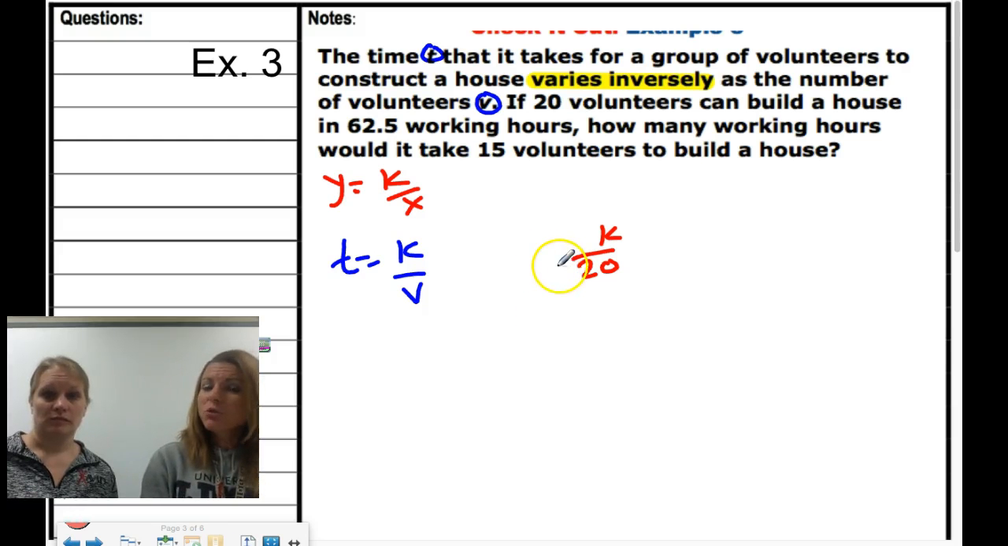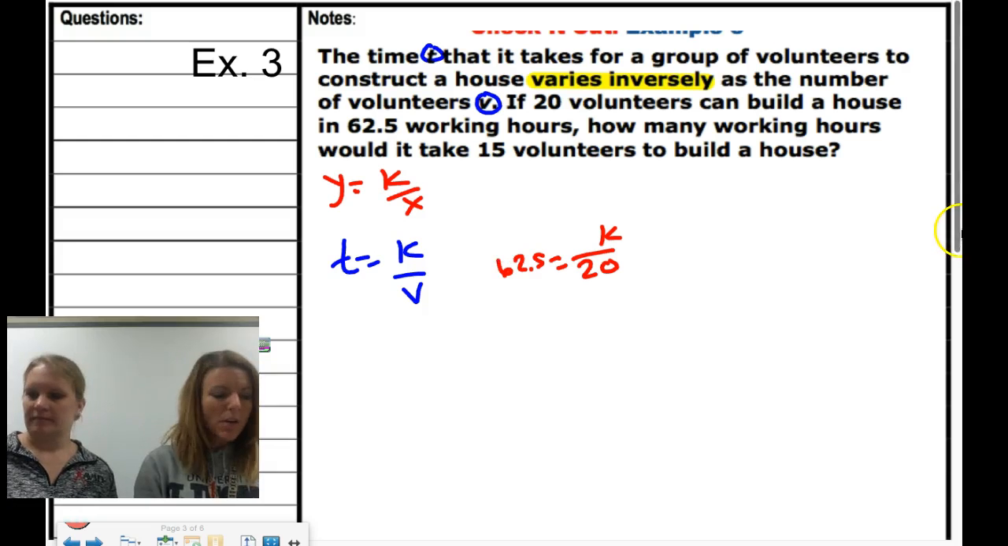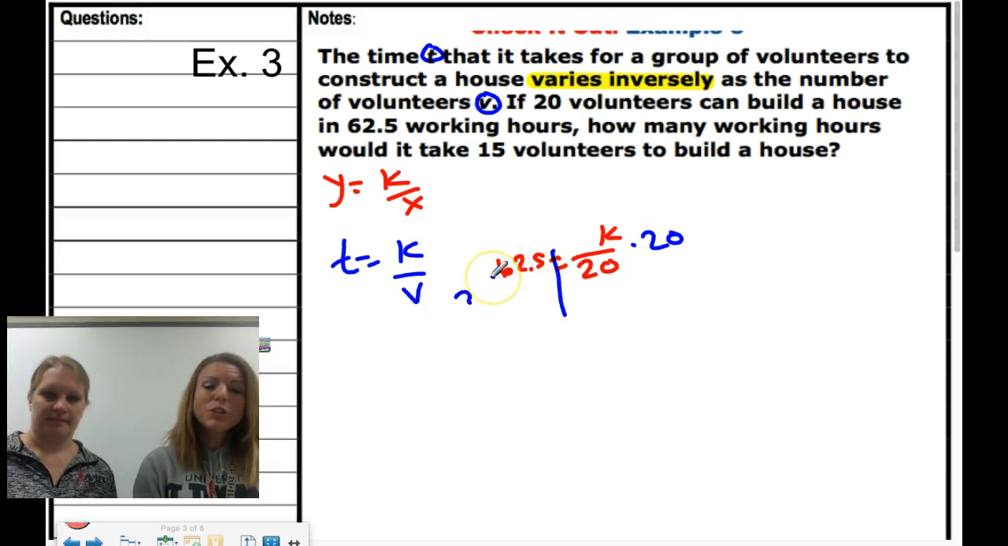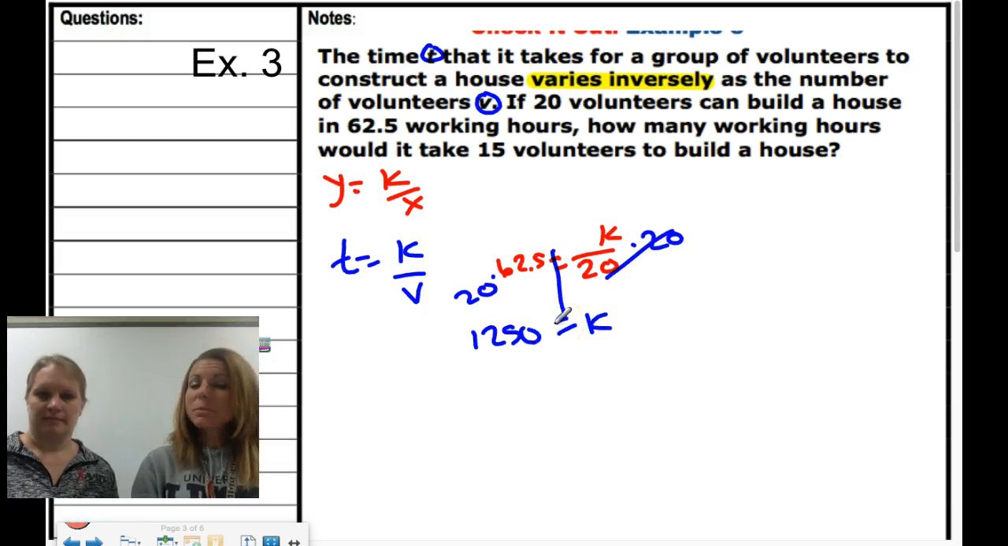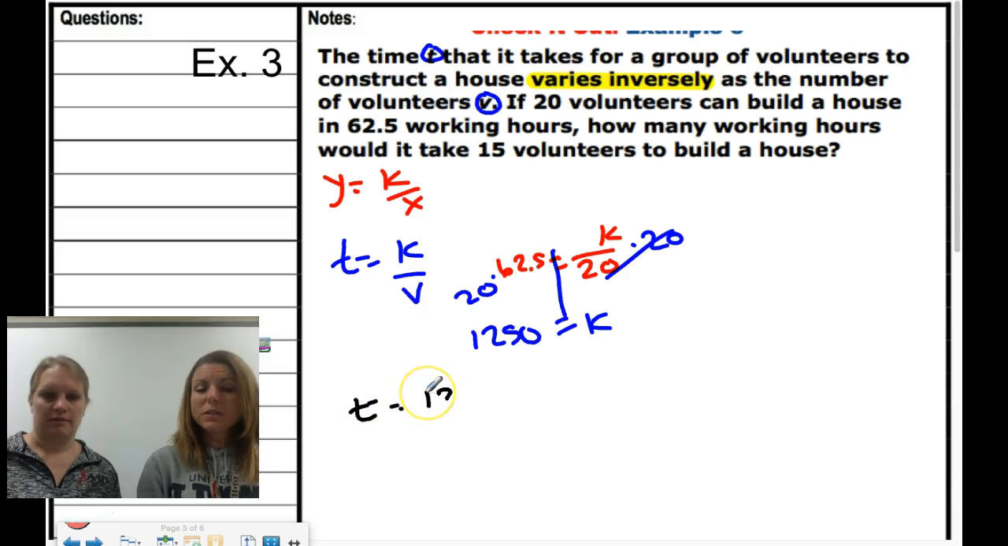It takes 62.5 hours. So we can solve. We multiply both sides by 20. And when we do that, we get 1250 is equal to k. Now let's plug that back in. So we have T is equal to 1250